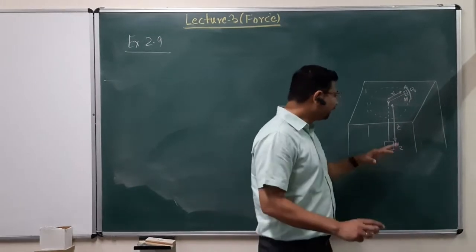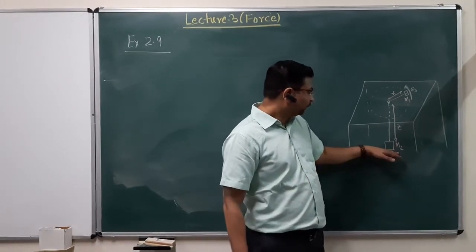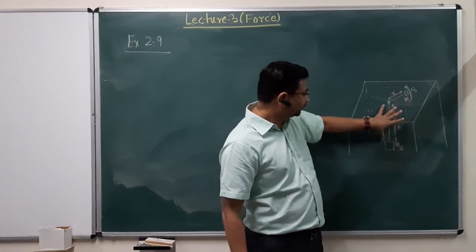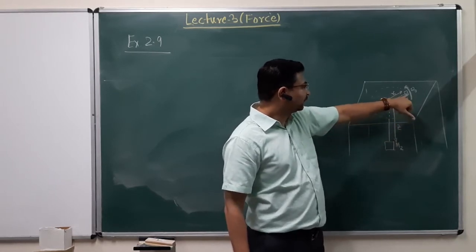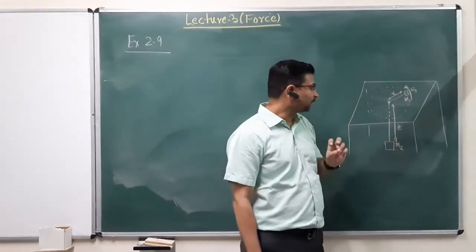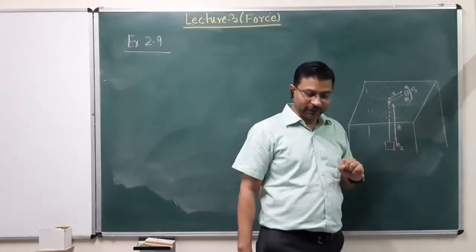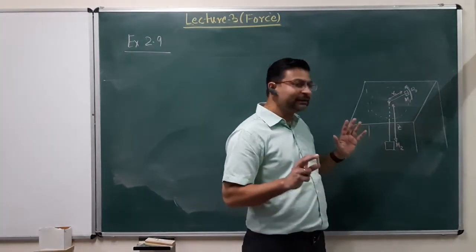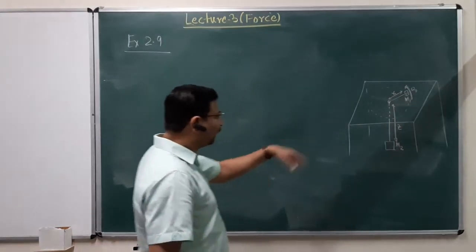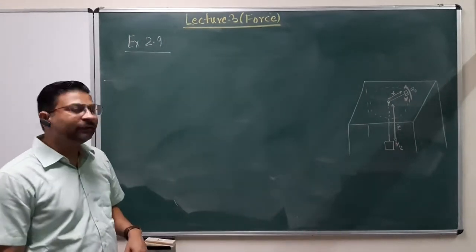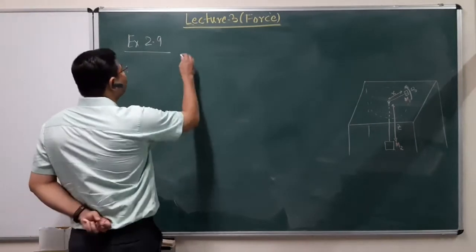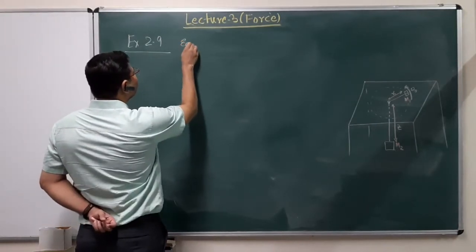So somehow we are maintaining that the mass m2 is hanging from the center at a position z, and this mass m1 is r naught distance away and going around in circles with constant angular velocity omega naught. Now if we release the system at this instant, the idea is to find the equation of motion and to see the evolution of the system. Right? Okay, so we can start by writing the equation of motion.